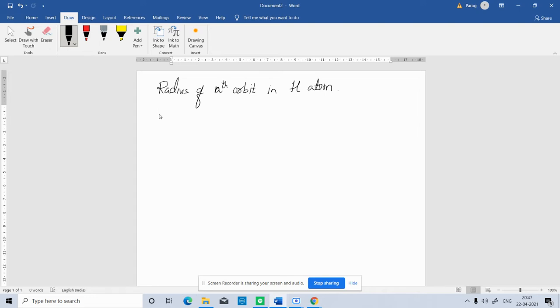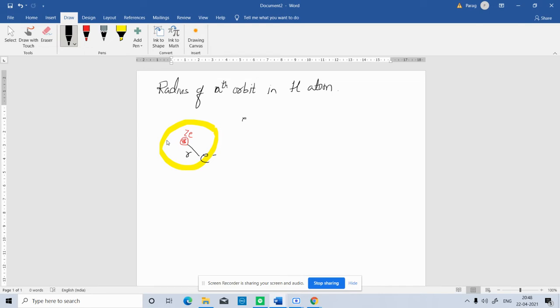Okay. So let us first do one thing. Let us assume an atom. Let us assume this is an orbit, and an electron is revolving in this orbit. At the center, we have a nucleus. The charge on the nucleus is Ze and the electron is revolving around it. Say this distance is the radius of this orbit. Yellow line indicates orbit, red indicates nucleus. R is the radius of the orbit.